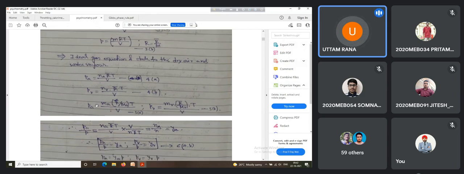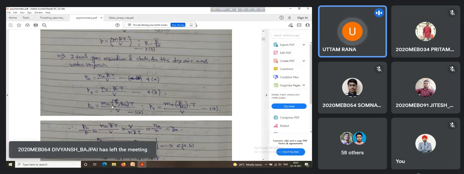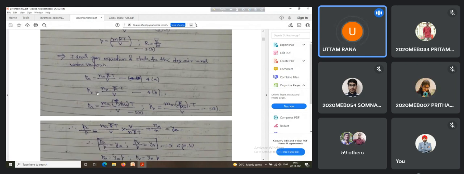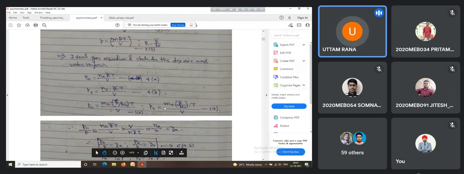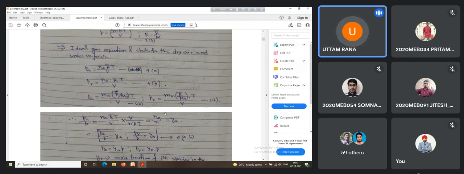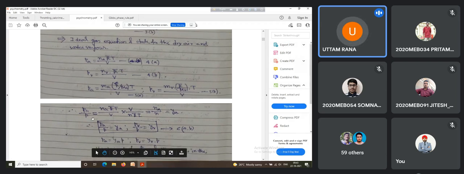So finally we can write pressure Pa is equal to Ma into R bar divided by the molecular weight of air, Ma, into T divided by V. Similarly for the vapor we can write Mv, that is the mass of the vapor present in the mixture, into the universal gas constant divided by the molecular weight of the vapor into T divided by V. So these are the equations 5a and 5b. So what is Pa by P? If we just write Pa divided by P, Pa is basically Na into R bar into T by V,